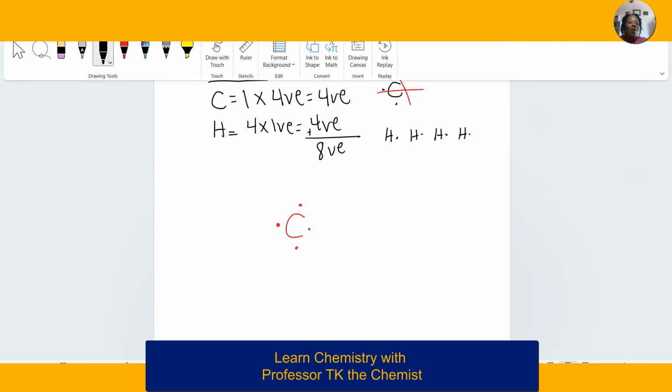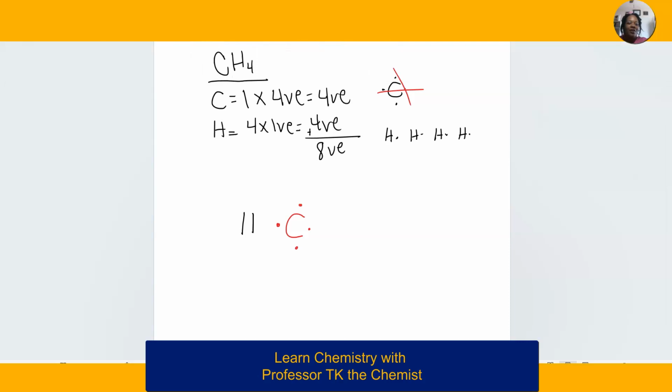they're coming in with one valence electron. So here you go. And we're going to go ahead and knock that one off. Here comes the next hydrogen with the one that is contributing. We're going to knock that one off. Here comes the next hydrogen with the one that's contributing. We're going to cross that one out. And here comes the last hydrogen with the one that's contributing. Cross that out. And as you can see here, you have a total of 8 valence electrons, yes, but you